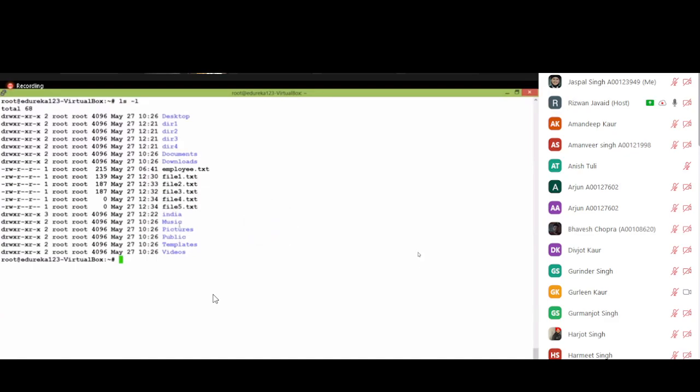Okay, so with the cat command, what you have seen is that we add text to a file. We can also create the file through the touch command. You will see here that with the touch command there is no data inside, and that's the reason it is called 0 bytes.